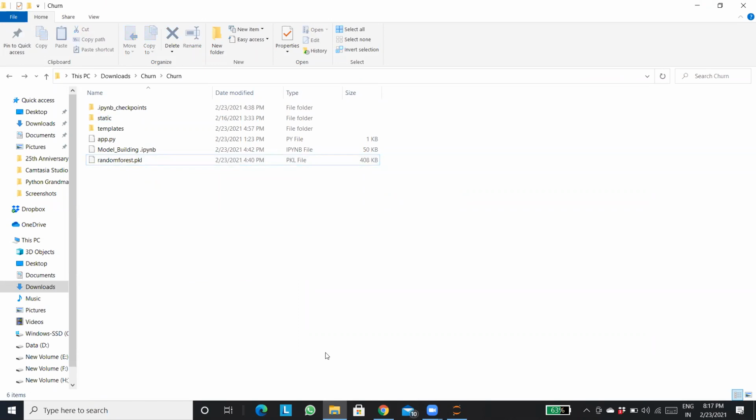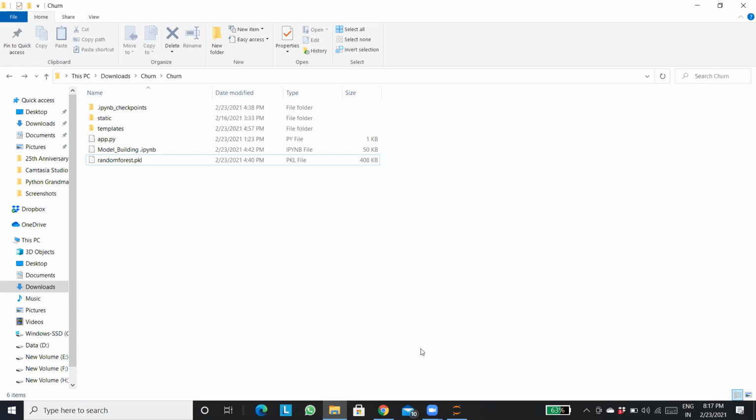Now, model building is done, we have saved the model. Now what's the objective? Now we need to create a front end. The model is done. If we give an input to the model, definitely we get the output, as we did with the predict function, and we got the results as well. So now our task is to create a front end.